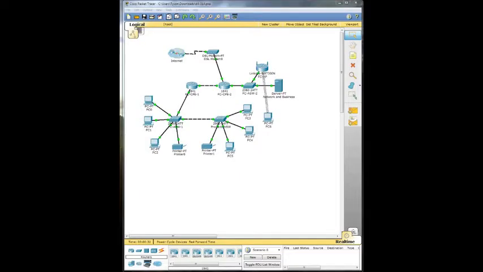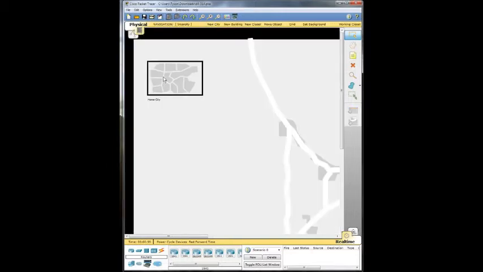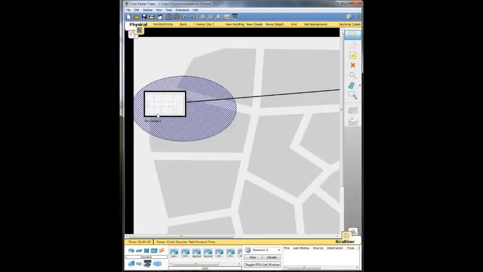Hi there. Today, I'm going to be showing you how to determine a network's strengths and weaknesses by using Packet Tracer's physical workplace as well as the logical workplace to do different activities to just verify how up to par the network is. So what we need to do first is we're going to switch from logical network to physical network, and we're going to go ahead and click on Home City, and then we're going to click on Film Company,